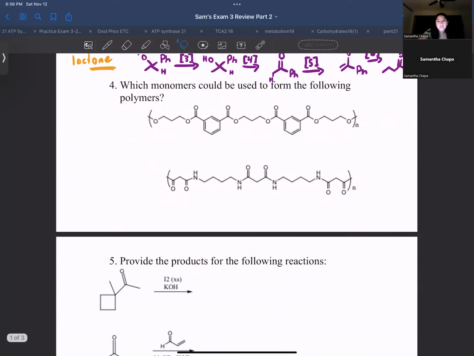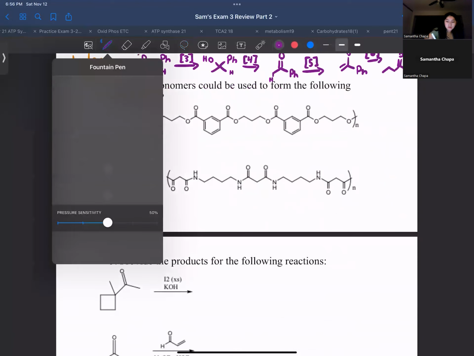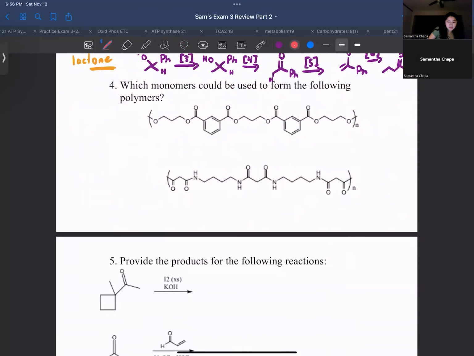Which monomers can be used to form the following polymers? We have 2 polymers. On the top one, we have a polyester. Notice how we have lots of ester groups. Poly means more than 3, so more than 3 esters in your compound. And in order to make polyester, what you need is a